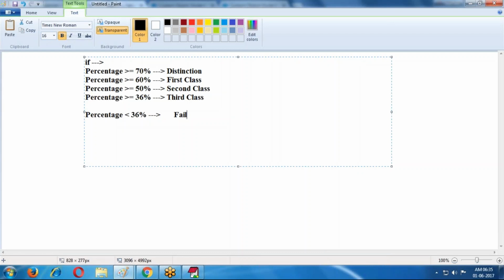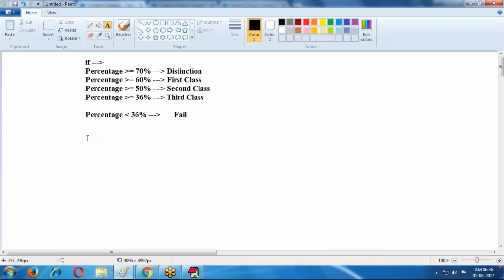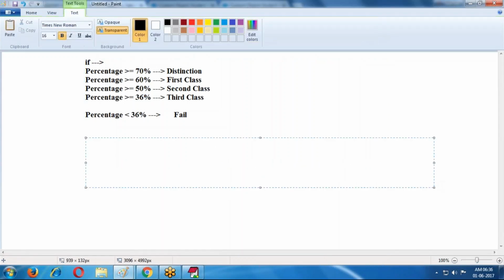Based on the logic, we are creating this output based on the percentage. We are displaying the corresponding outputs. For this, we require one function. By using an IF condition, we can write the logic. Whenever we use the IF condition, it contains the logic, the true value and the false value.